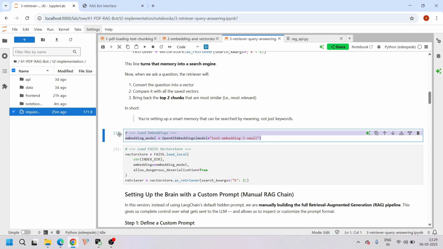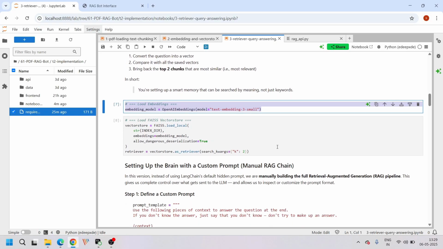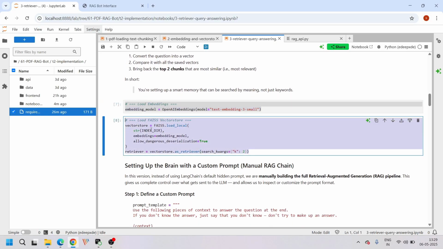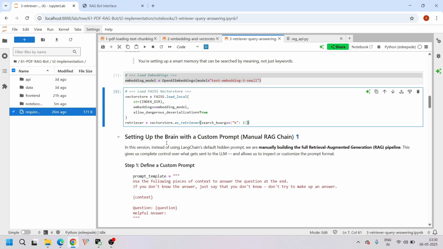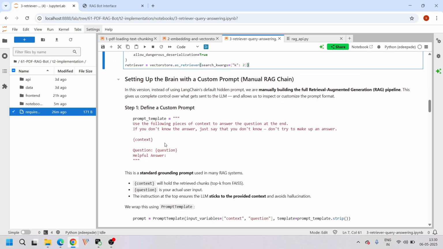Okay, the same model using which we embed the chunks into numerical vectors. So here we are defining this retriever object. Here I am mentioning K=2, meaning we are just interested in the top two relevant chunks. You can choose any number, and then after retrieving from this vector store, we are building the main brain with